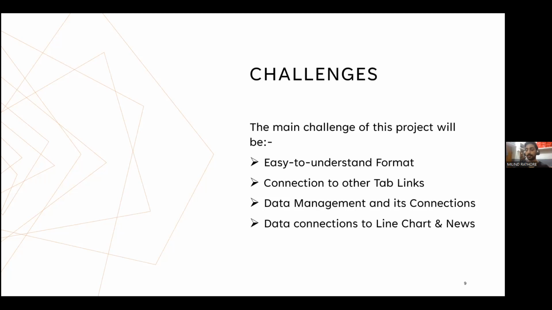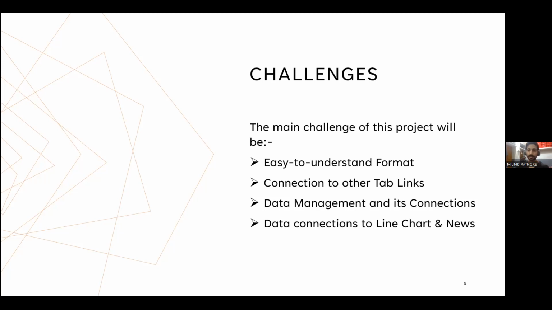And the third point is data management and its connections. Adalo app already consists of its own data manager. So it often involves handling and displaying data from various sources like databases, APIs, and external services. The user needs to understand how to manage data within the app and connect it to appropriate components for display. Challenges may arise in handling different data formats, ensuring data consistency, and handling the potential errors